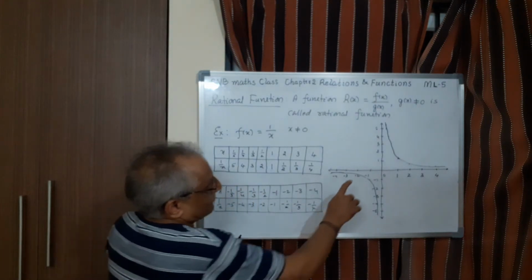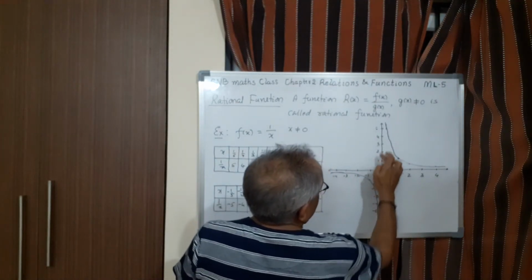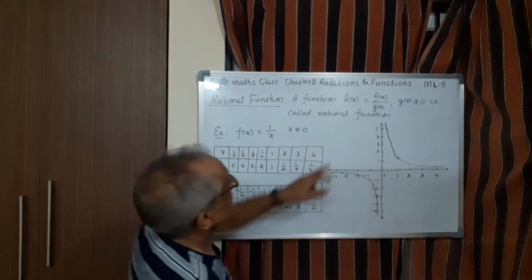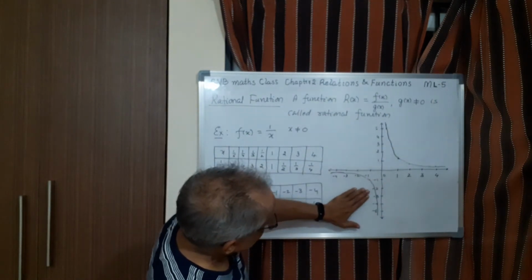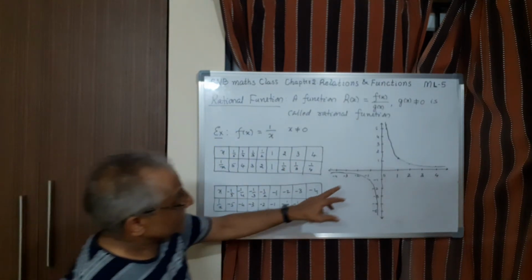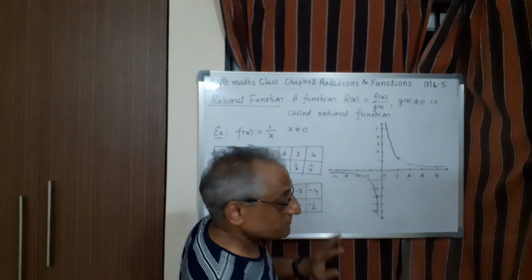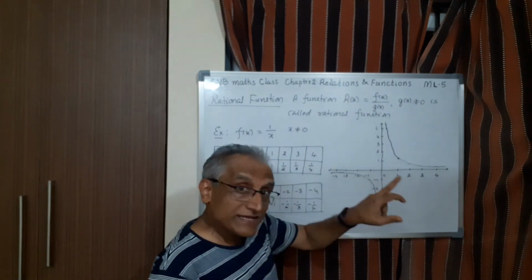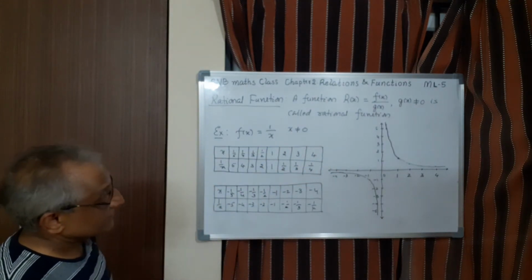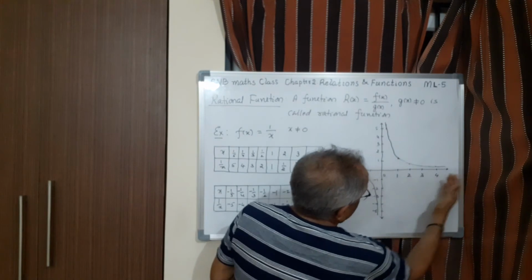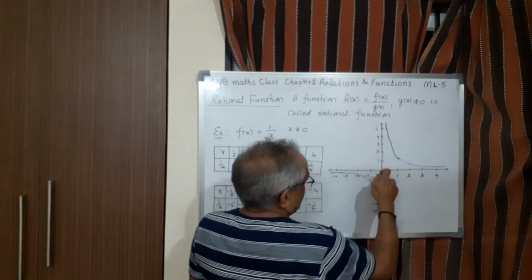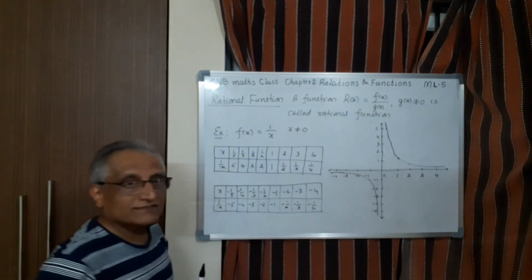And another thing is y also. See here, y cannot be 0. Y also it will not be 0. Codomain also it cannot contain 0. So what is the domain of this function? Therefore it is R minus 0. Same thing, no value of x will make it 0. So 0 cannot be image also. Therefore R minus 0 is the codomain or range, and it takes all positive values of x, all negative values of x this side. Similarly, all positive values this side, all negative values this side for y-axis, that means codomain.